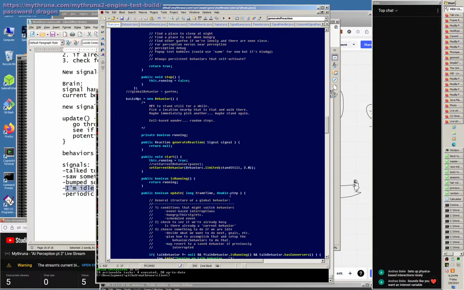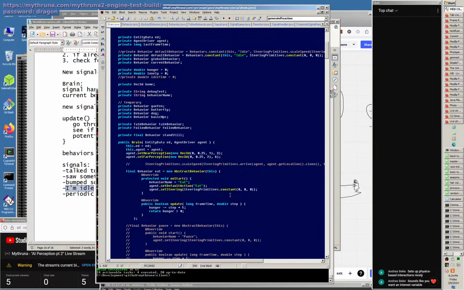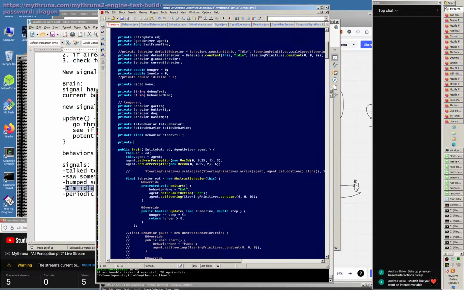So anyway, the brain is going to need a composite handler, and we're going to need